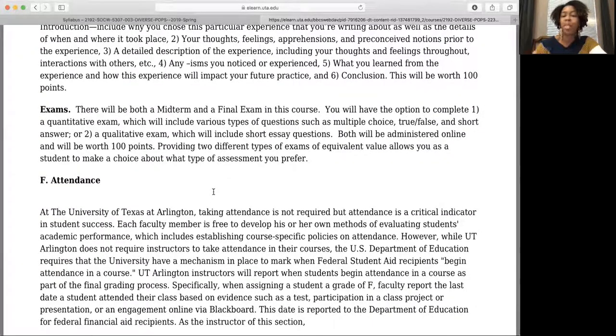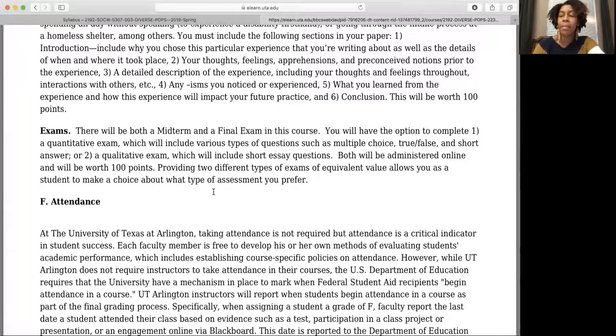All right, so you'll have 2 exams. The midterm and final are pretty straightforward again. The final will not be cumulative, so it won't be over everything for the whole course. It'll just be from the midterm forward. That's usually a question that people have. But the interesting thing about the exams is that you get to choose whether you want to have a quantitative or a qualitative exam. That means, do you want the multiple choice, true, false type of test, which would be quantitative, or do you want to be able to do more of the essays or short answers where you have the chance to explain your thinking rather than picking A, B, C, or D?